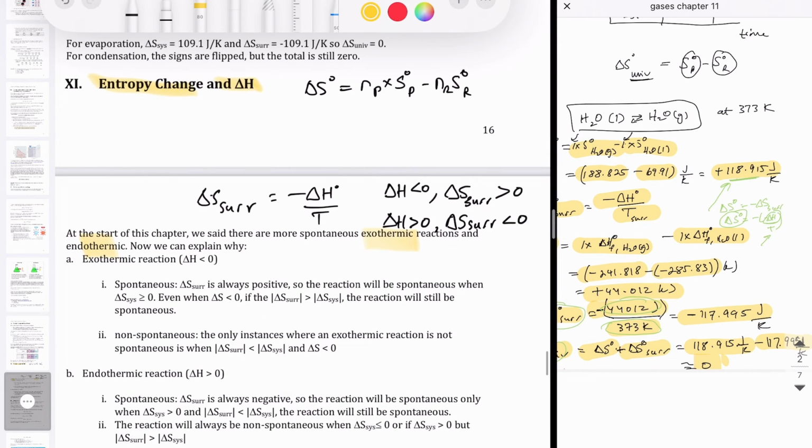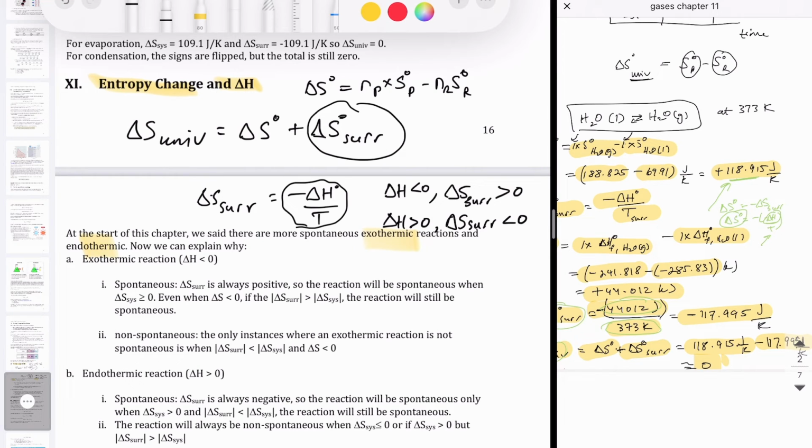So keep in mind that there's two components that tells you spontaneity, right? And that is the components that we found in delta S of universe, which is the delta S of the system and then the delta S of the surrounding. And delta S of the system we can calculate using those molar entropy values. Delta S of surrounding we figured out is equal to the negative of the delta H of the system over temperature. And so that tells us that when our delta H is negative, exothermic reaction, our delta S of surrounding is going to be positive, whereas when our delta H is positive, which means endothermic reaction, our delta S of surrounding is going to be negative.